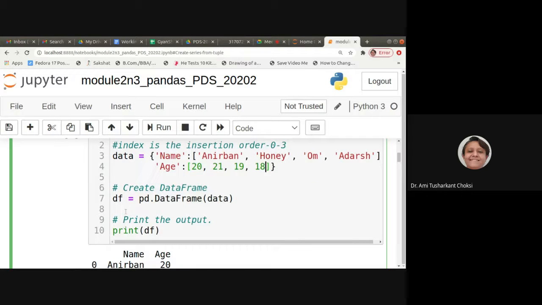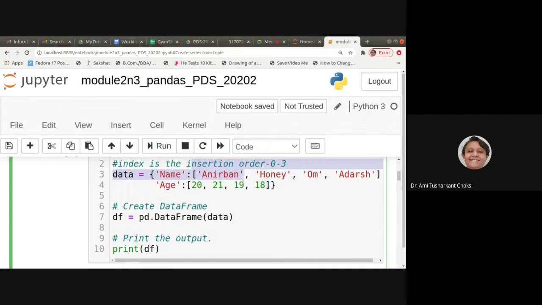Now if we create the data frame with the help of df is equal to pd.DataFrame and we provide this data, rows and columns are created. What are the columns? Name is one column, age is one column, right? And what is the index? That is 0 to whatever the data length is, minus 1.